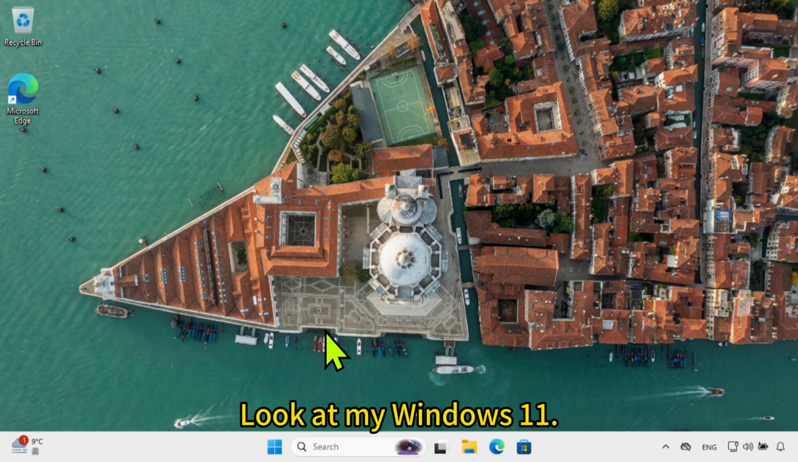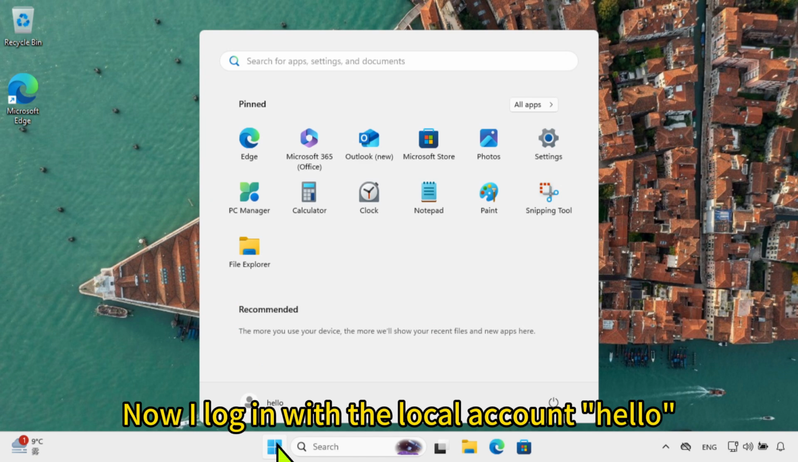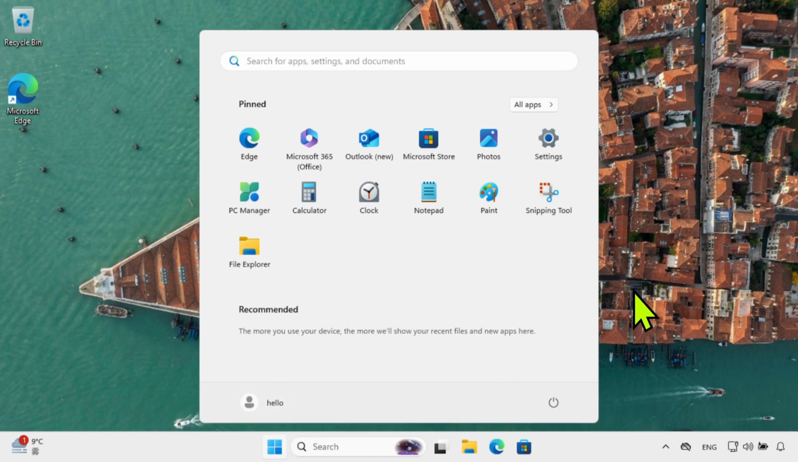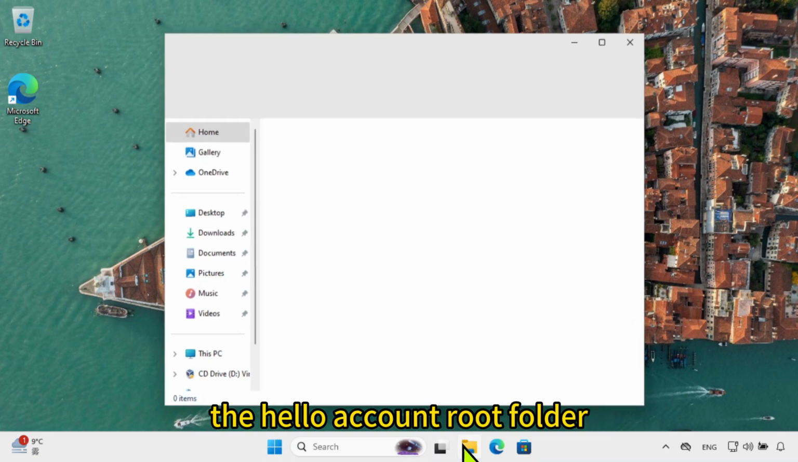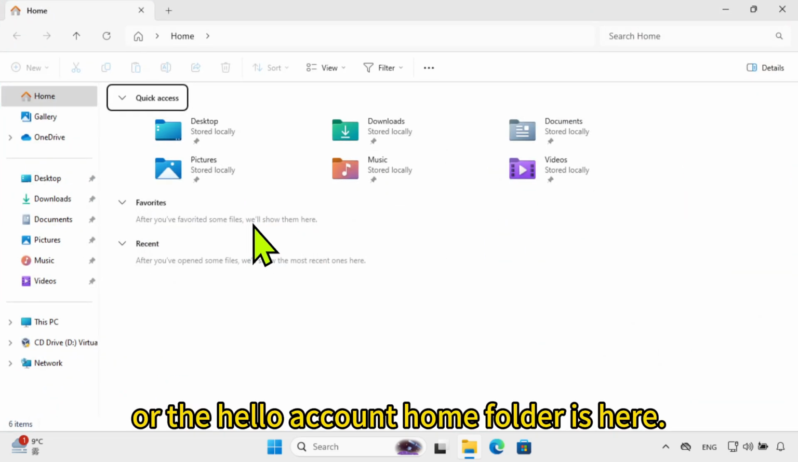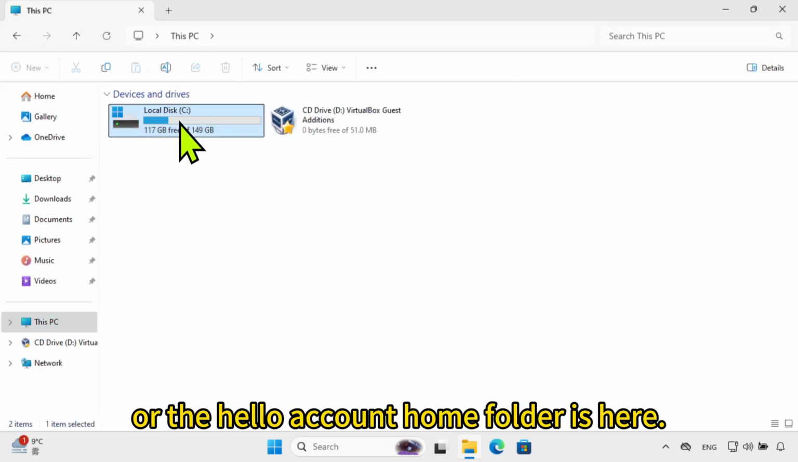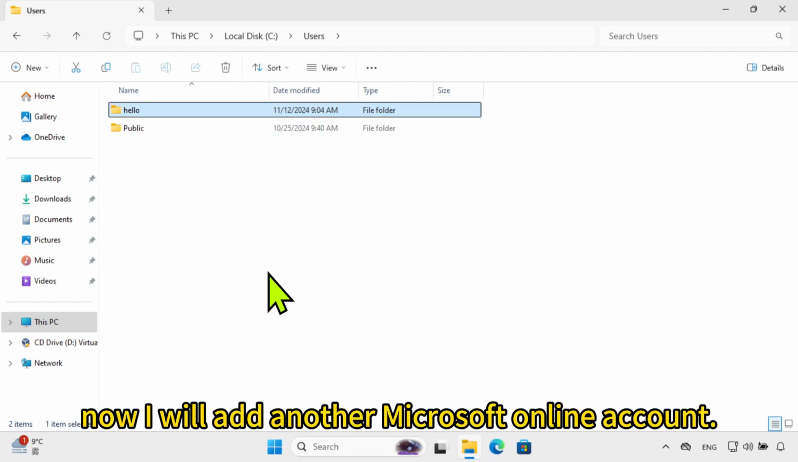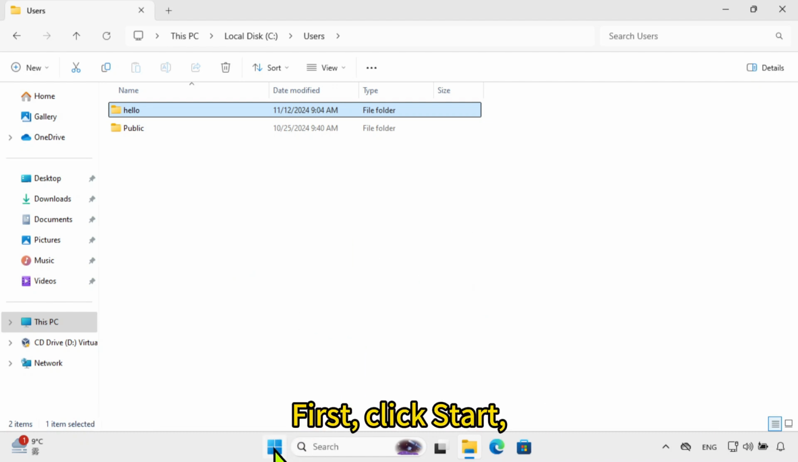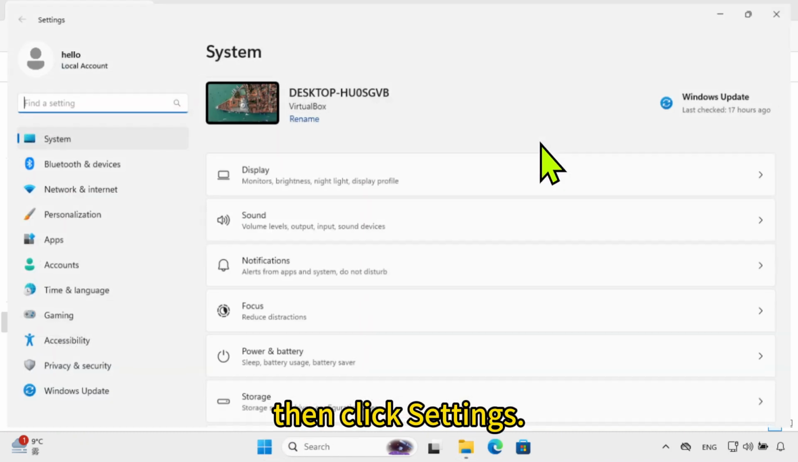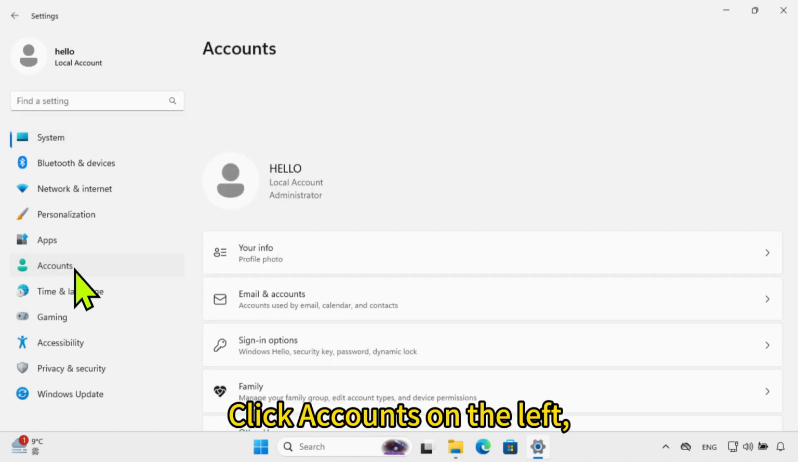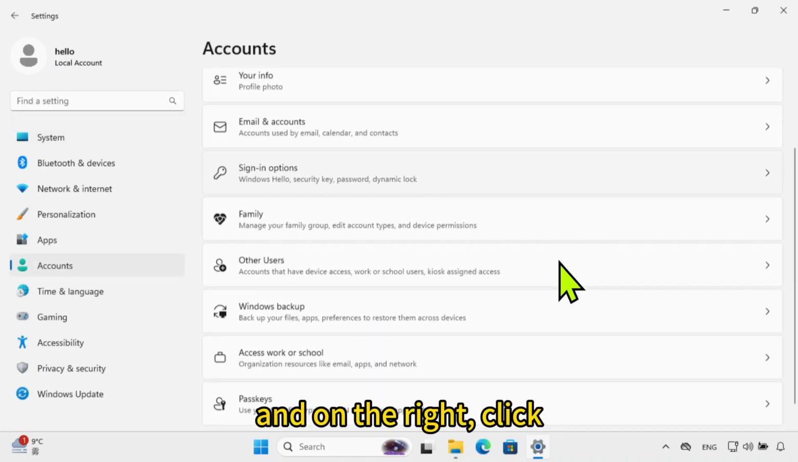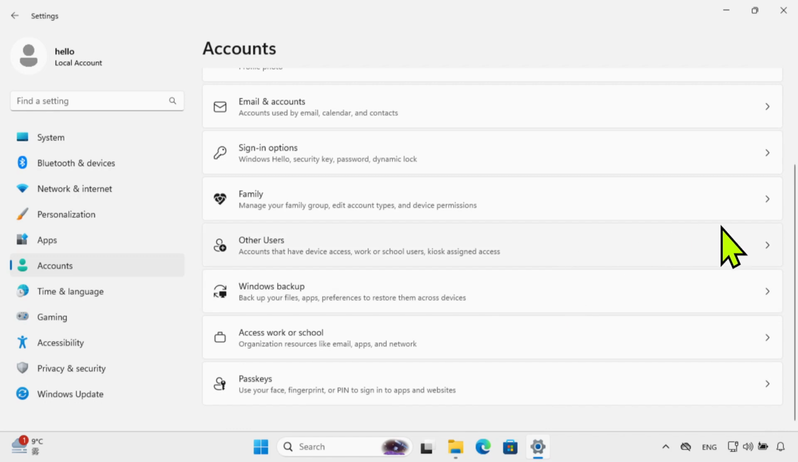Look at my Windows 11. Now I log in with the local account hello, and the hello account root folder, or the hello account home folder, is here. And now I will add another Microsoft Online account. Click Start, click Settings, click Accounts on the left, and on the right click Other Users,